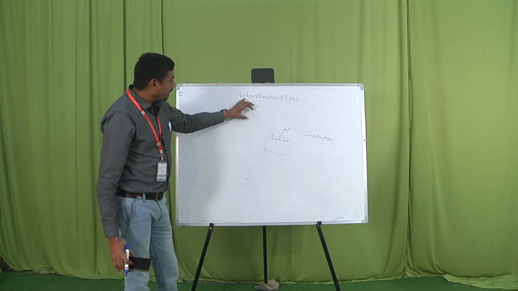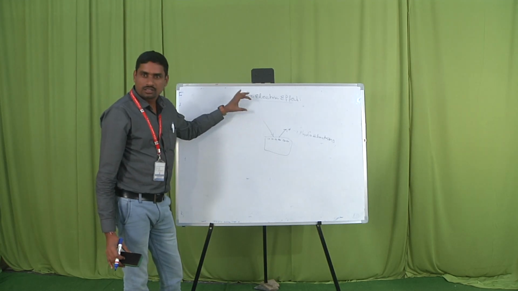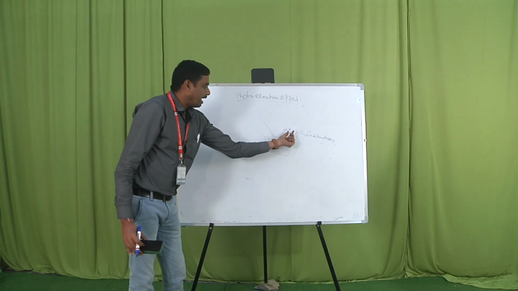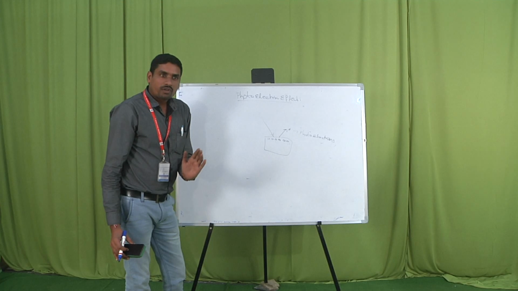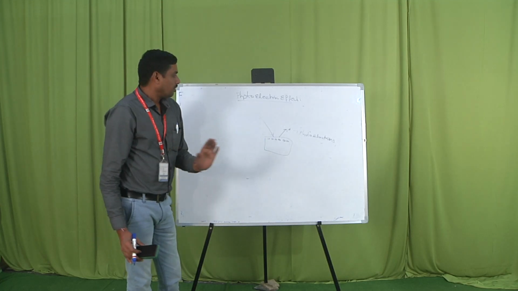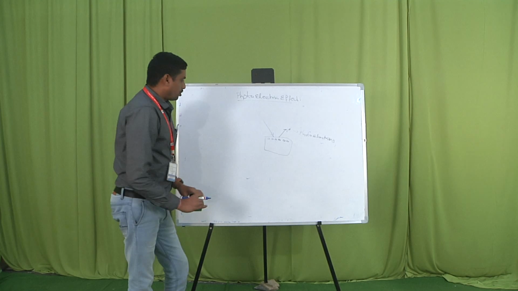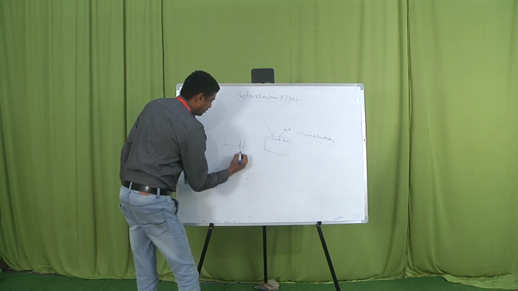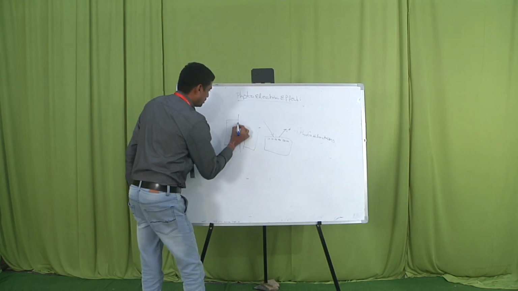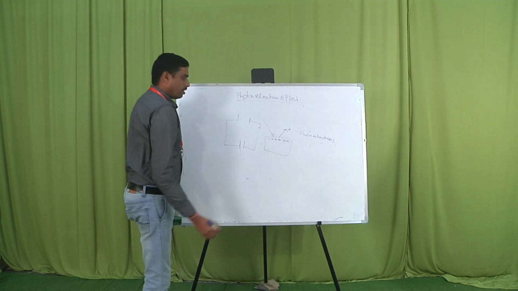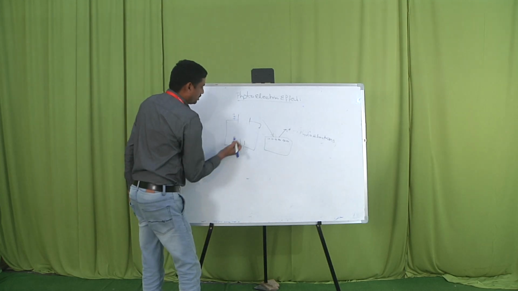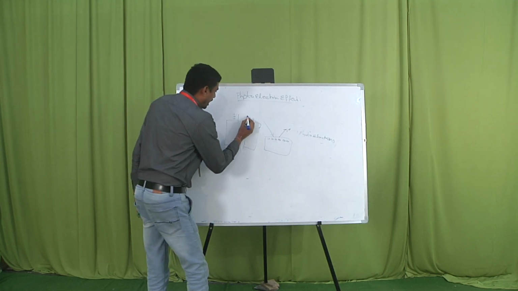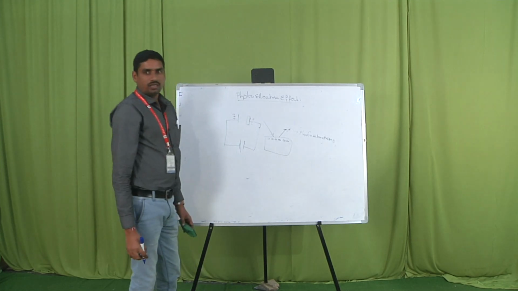So we are sending or incidenting a light, that is a photon, and we are getting electrons. So here we are observing a flow of electrons, so electricity is generating. Here I am taking a battery and two plates. One is a positively charged plate and one is a negatively charged plate. On the negatively charged plate, I place my specimen or metal.